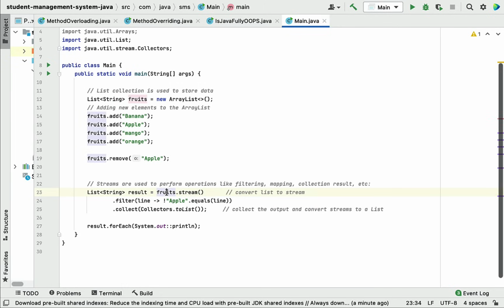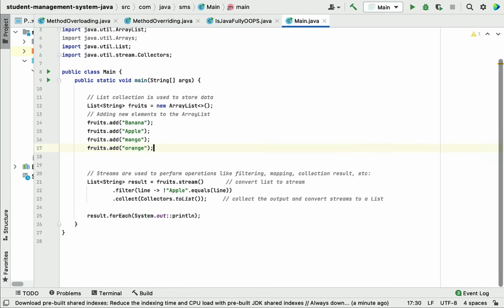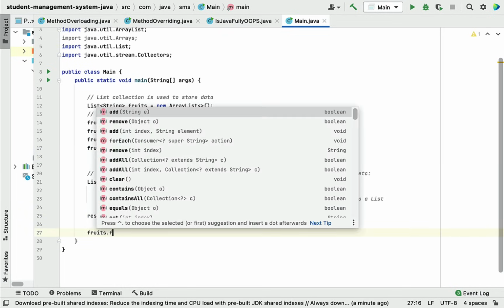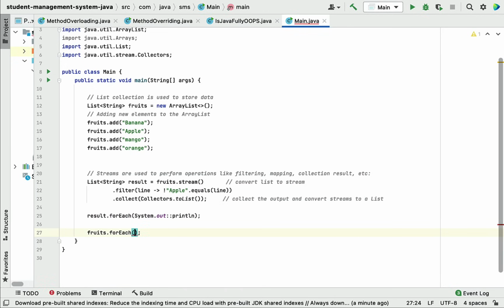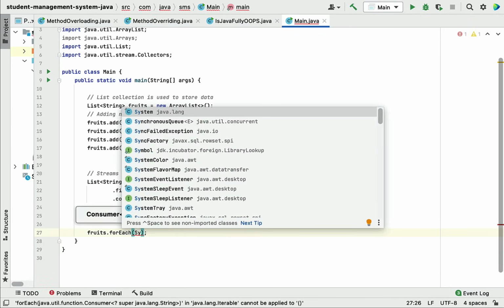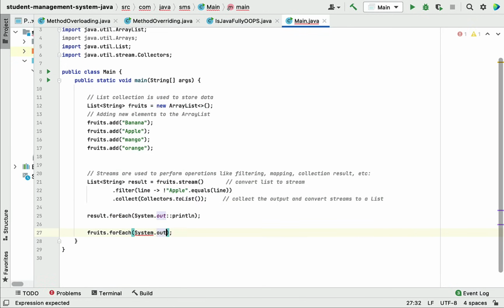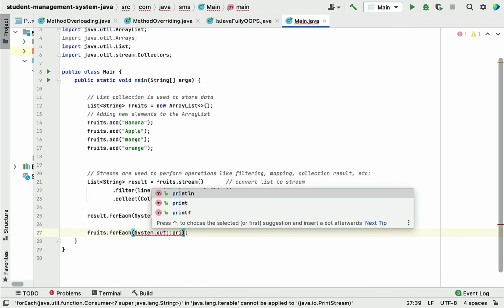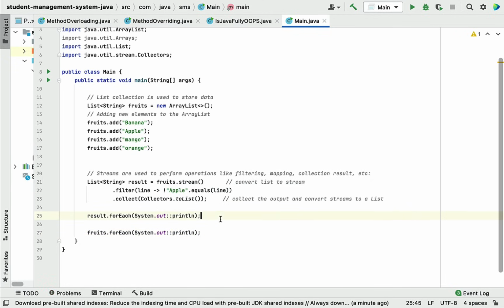For example, let me print the stream over here. Before that, let me remove this statement, and here I will print the list. I will just use forEach here, and then I will print each element from the list, and here I'm going to use method reference. Okay, perfect. So what we have done, basically, we have created a stream from the list and we have modified